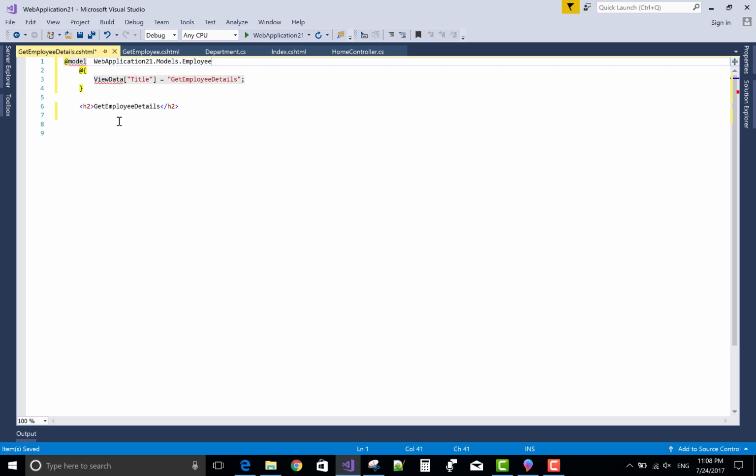So remove the IEnumerable, because IEnumerable is used for the list type, and we have only single data, so use the label and bind the label with the model. asp-for refers to the ID and name, etc. asp-for refers to the name and the city of the employee, if you want to get the details of the employee.